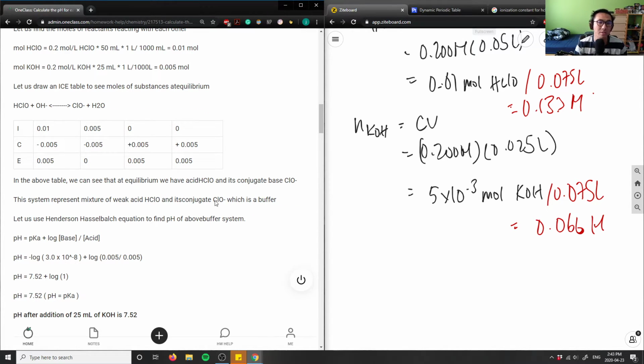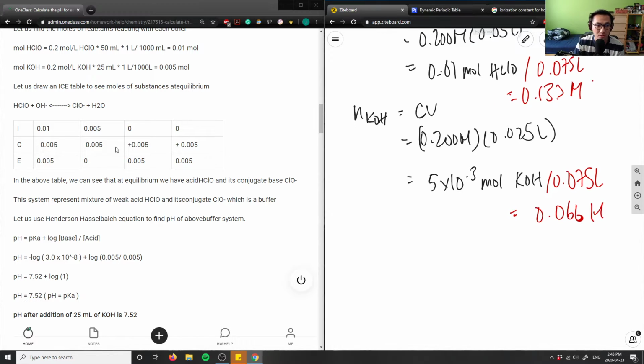And simply what you can do then is, you have the concentration of your HClO equal to the concentration of your ClO minus, right? So here at equilibrium, we have an acid and its conjugate base, ClO minus. Therefore, you have a buffer system. This is actually more university-level chem than grade 12 chem. Grade 12 chem would probably have had you do the first part like I did, but because this is a buffer solution, and our acid and conjugate base are exactly the same,